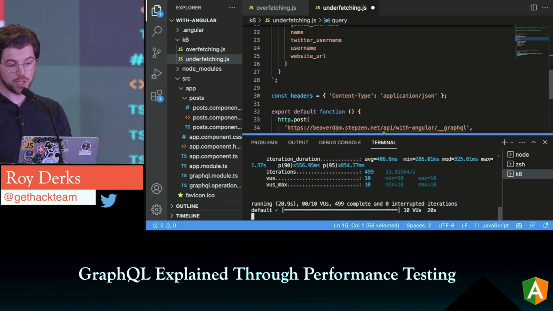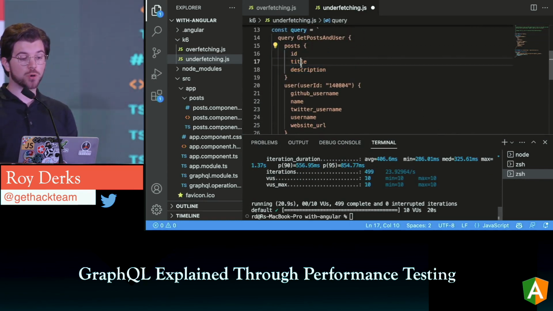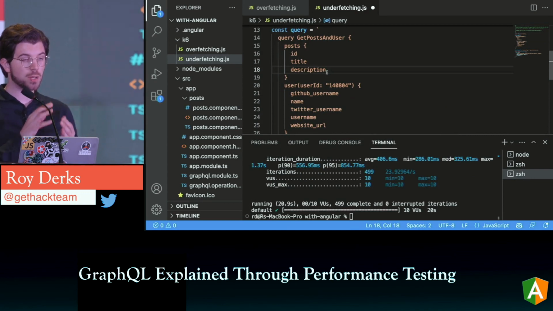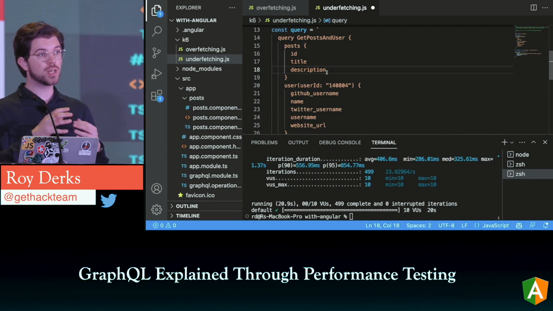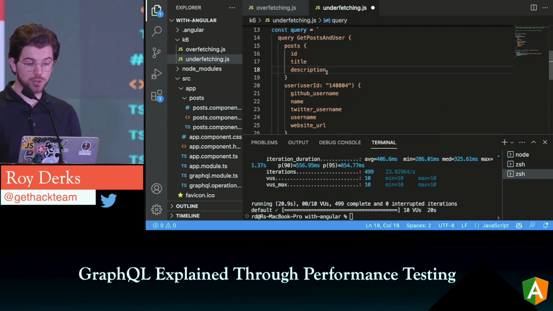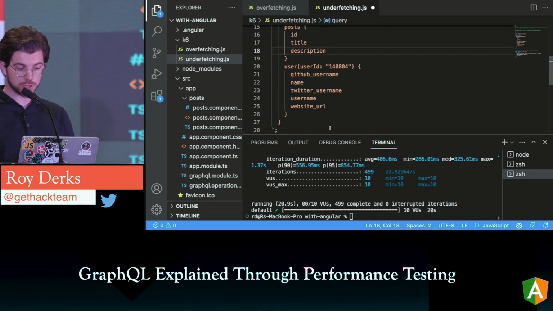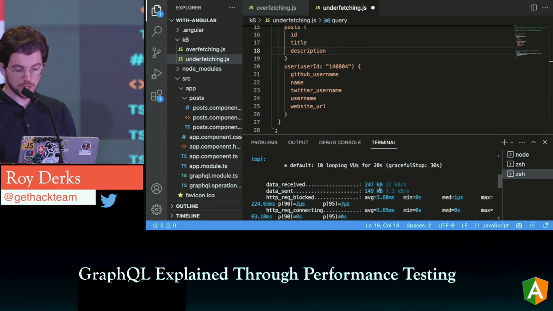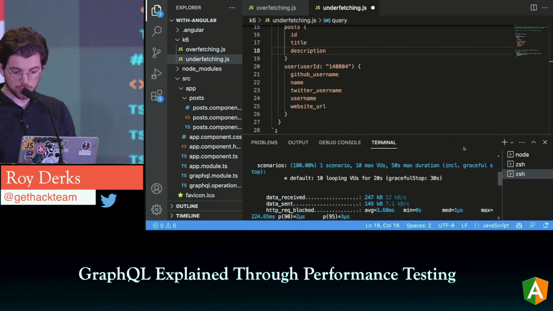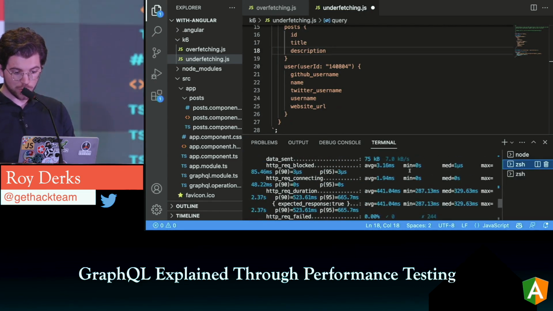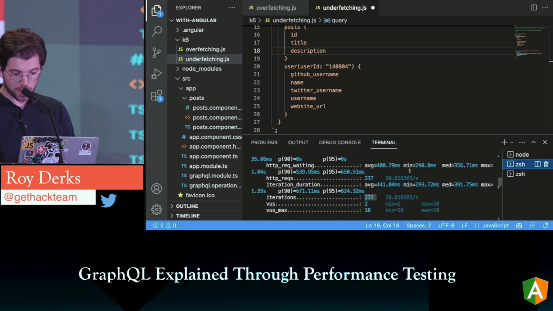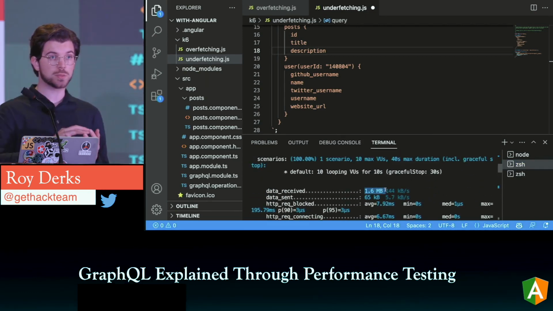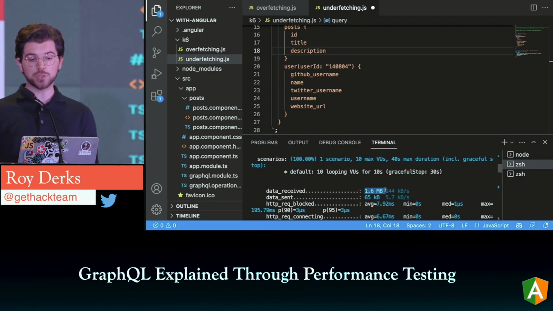Because something I didn't really use here, but with the REST API, of course, you have no control over the fields. So what this actually should be, it should be the blob of fields that we saw before, including all these useless fields that we're not really using. And the same goes for users. And in here you can see we got almost the same amount of fields, but we got way less data. So we got 247, while with the other we got 145 and a bit more, 1.6 megabytes. So it's a huge difference already.